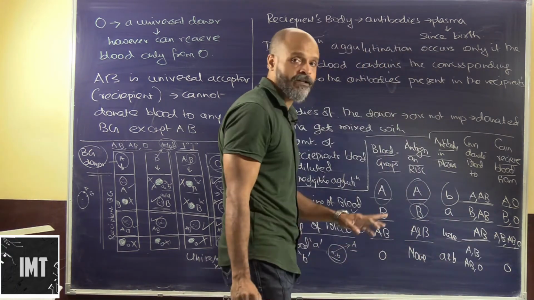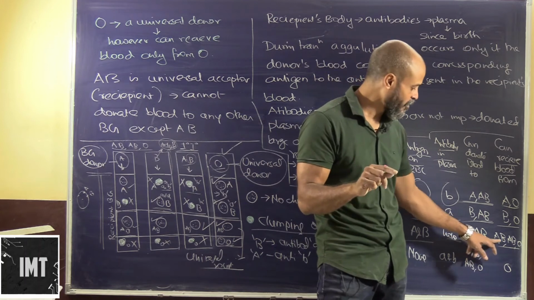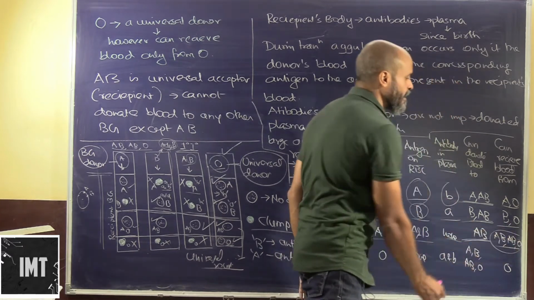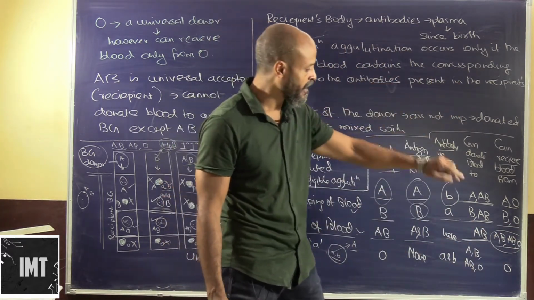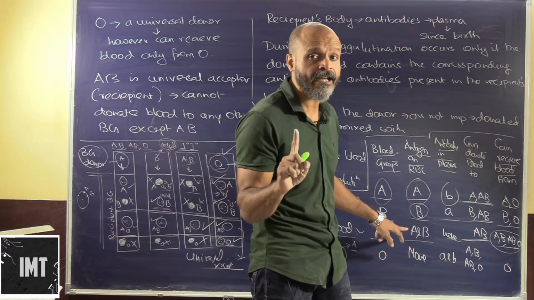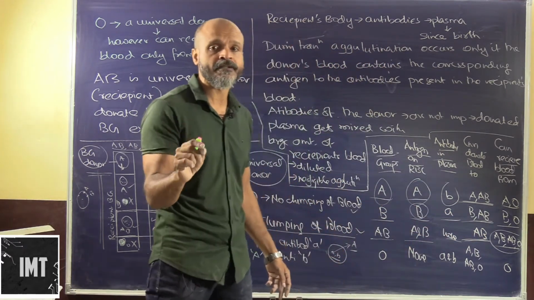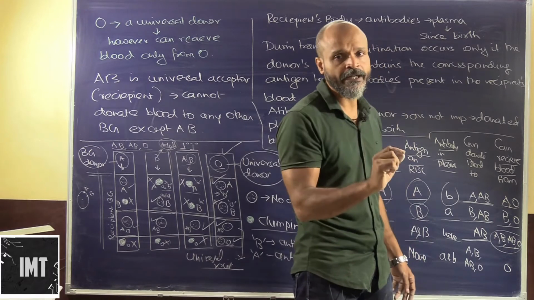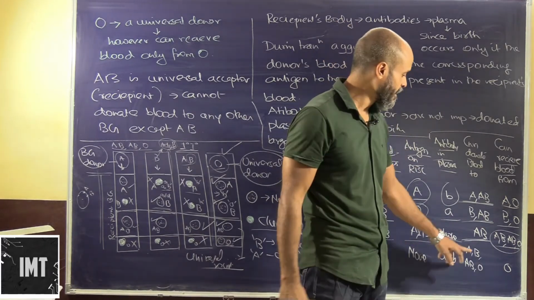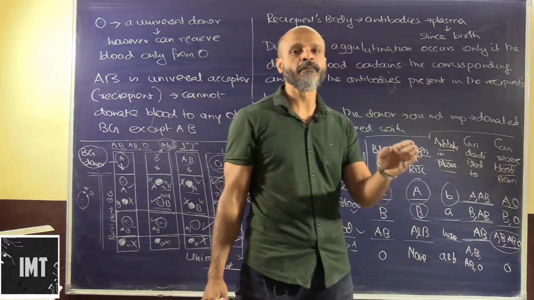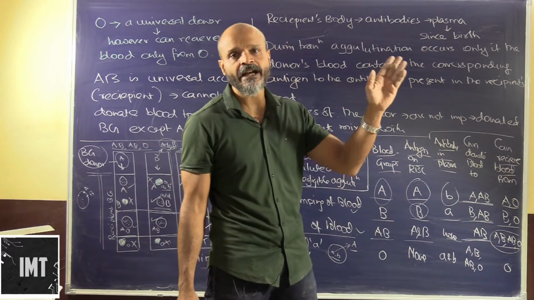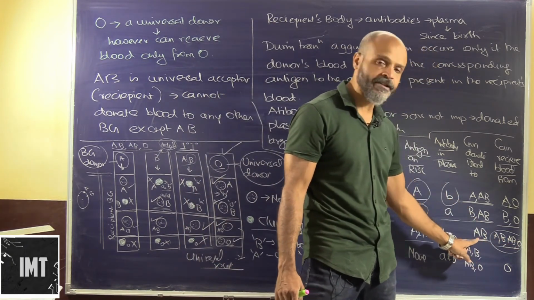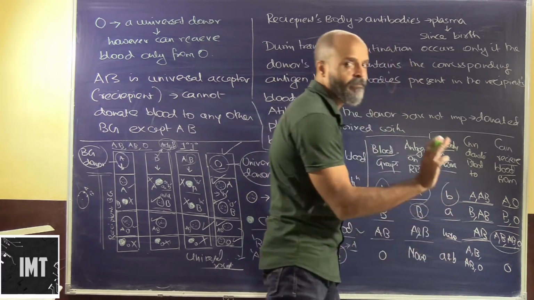However, they can receive blood from a person having A blood group, B blood group, AB blood group or O blood group. So they are known as universal receivers. However, they can just donate blood to AB blood group. They have antigens A and B, so they cannot donate blood to a person having antibody A, which is blood group B, or having antibody B, which is blood group A, or having O. In those the antibodies are present, and that's the reason they will not be able to donate blood to anybody except for a person having blood group AB.